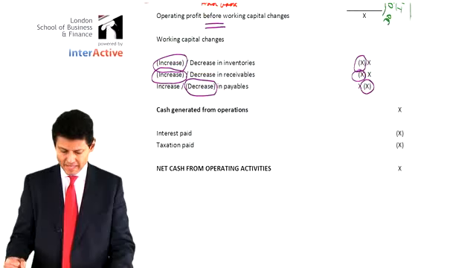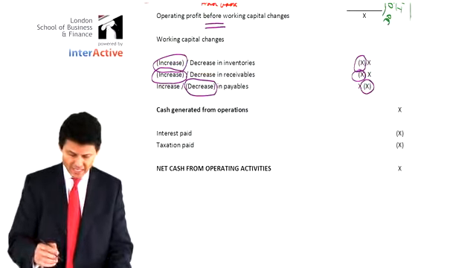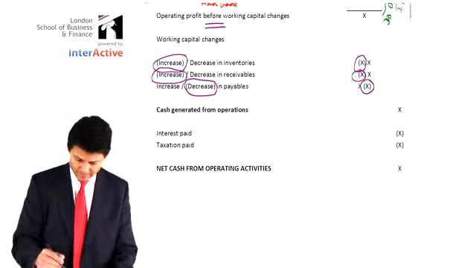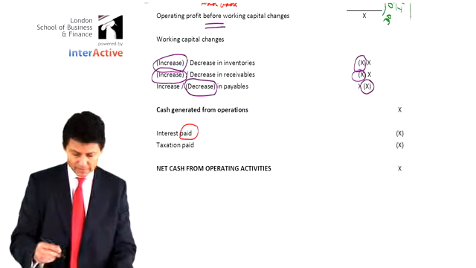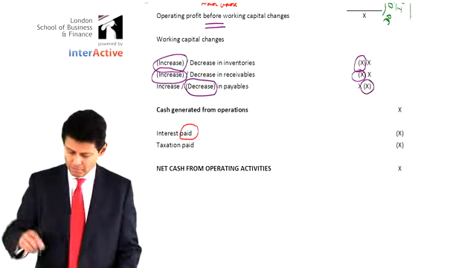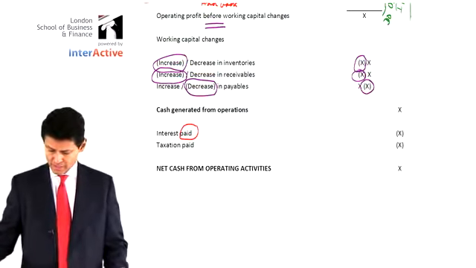Right, what else can I say? Cash generated from operations is my running total. You then have your interest paid and tax paid. Notice the key word is paid. It's not payable. So if you come back with me a couple of inches,